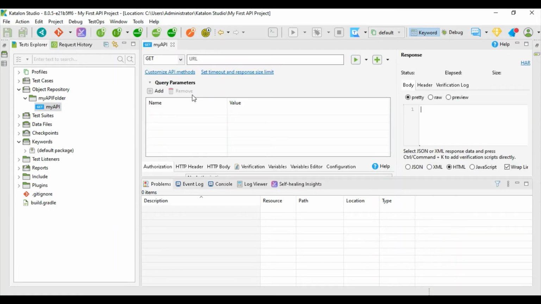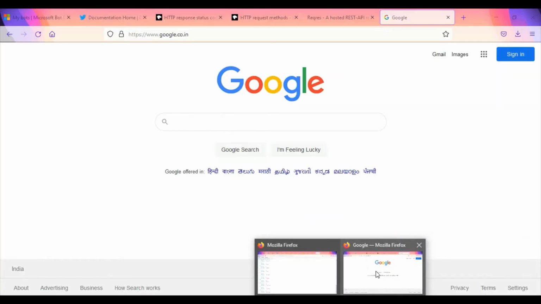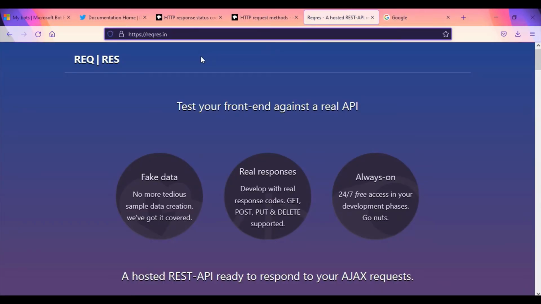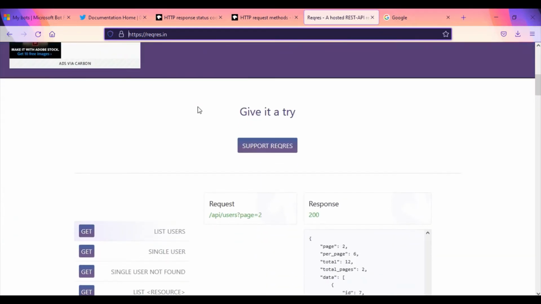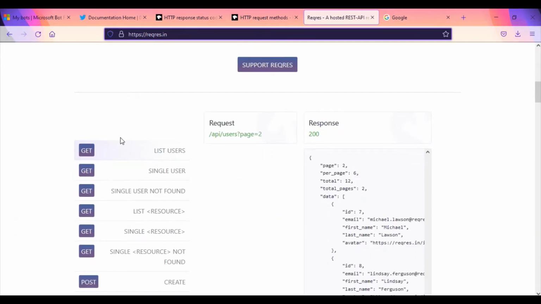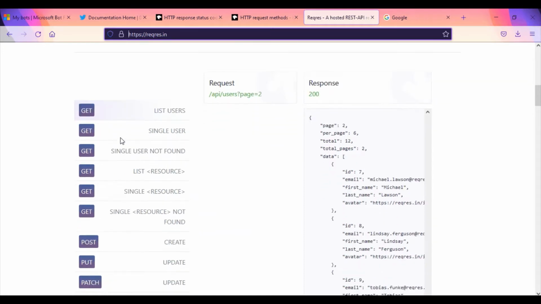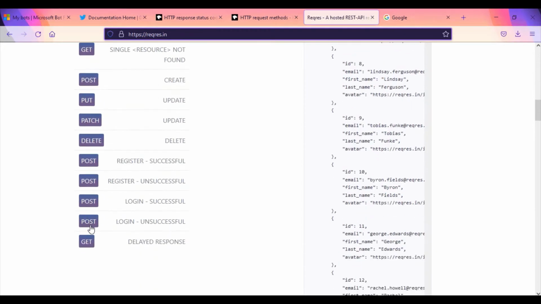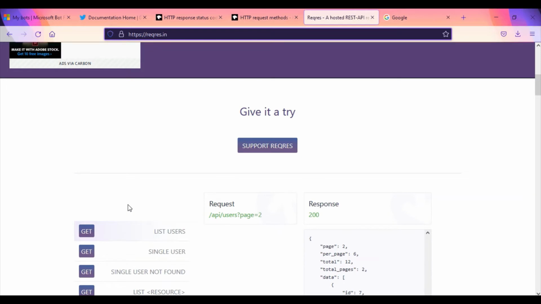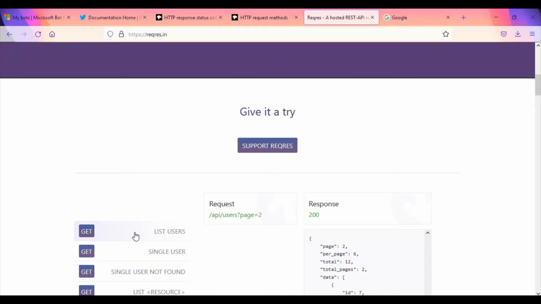There are many sample APIs available on the internet, and I have this one. This is open and free to test APIs, and it has a lot of methods as well. You can see these are all the GET methods, and these are POST, PUT, PATCH, DELETE, and all. So let us try this kind of request. It is a GET request, and it gives a list of users. If you click on that,